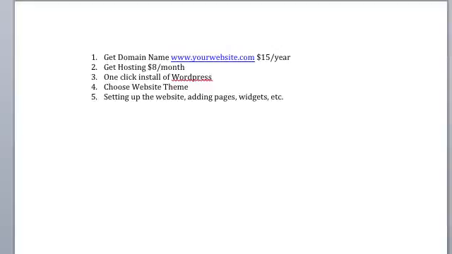Our fourth step that we'll need to do is we'll need to choose a website theme. WordPress will give us all sorts of really good free options that I think are really great themes for our website, and I'll show you a really great one that I like to use when we get there. And our last step is just